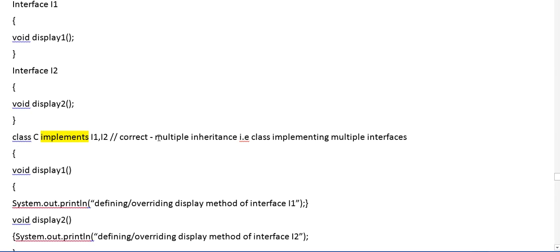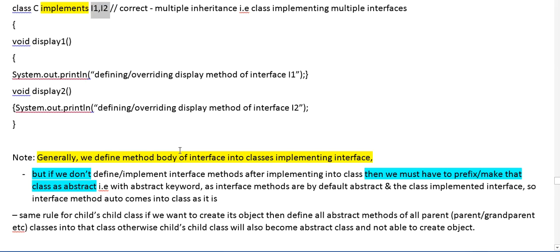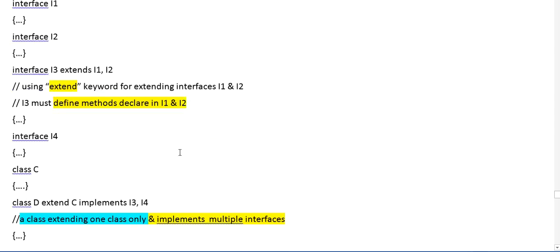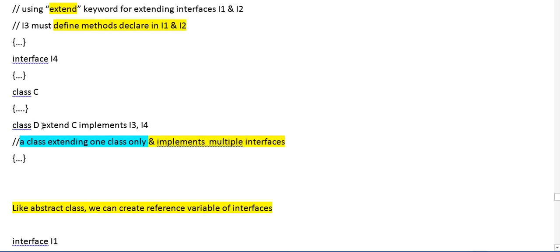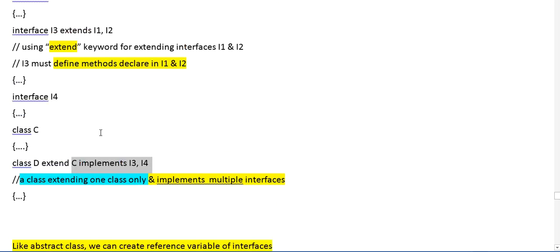So it is a concept of multiple inheritance here. So in case of interfaces, we can have multiple inheritance, as a class can implement two interfaces. Same thing we are doing here also, like class D is implementing I3 and I4 interfaces, and also extending the C class.